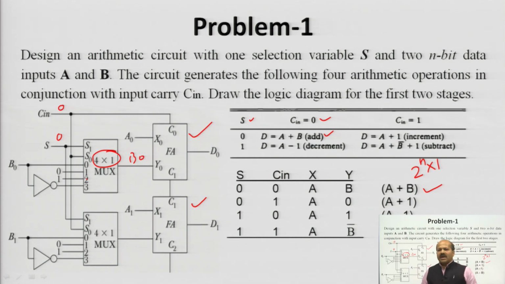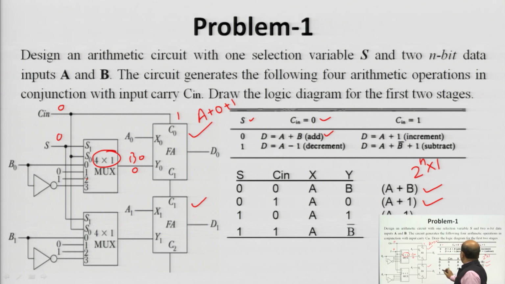1 number pin is selected and 0 value will be passed here. So, in that case A plus 0 and plus this C in value is 1. So, this 1 is passed here and from here 1 is given and here you have passed 0 0 and A naught. So, what operation is performed? A plus 0 plus 1, that is A plus 1 operation is performed.